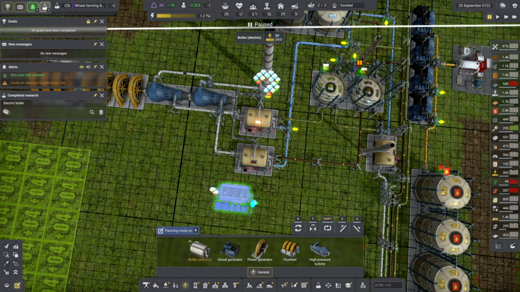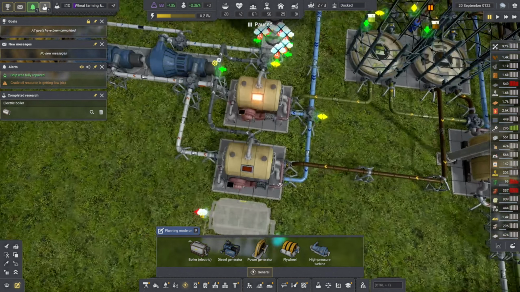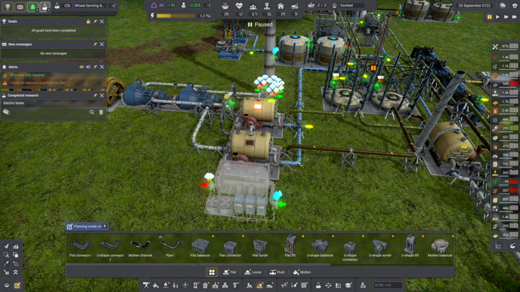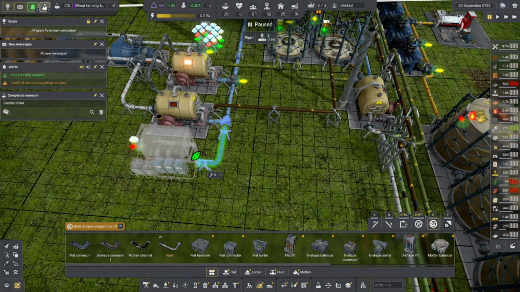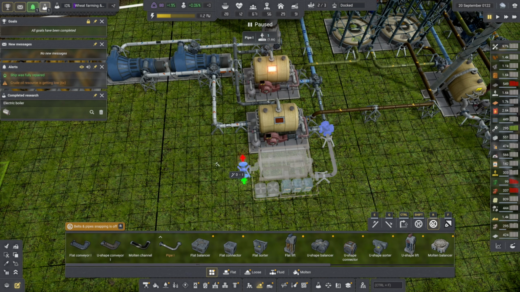No. The electric boiler. Ooh, the electric boiler is pretty good. But, so when I add the electric boiler, it'll be our backup, right? Just to make sure we don't run out of power. That's really the big issue that we face. Okay, so if we do that,